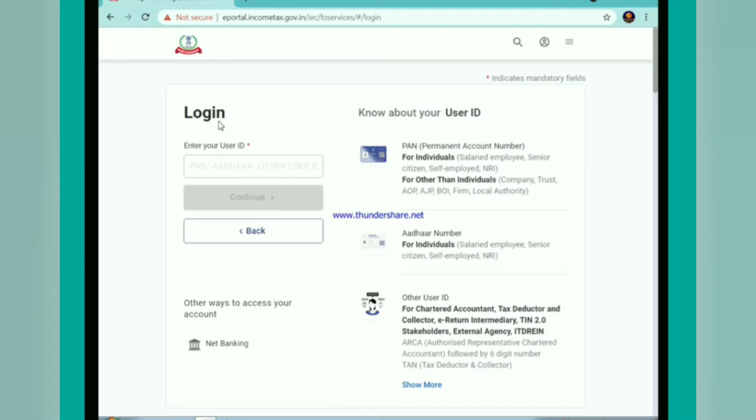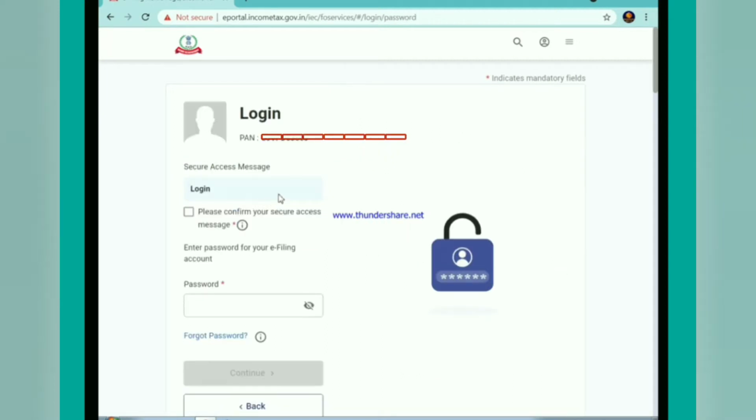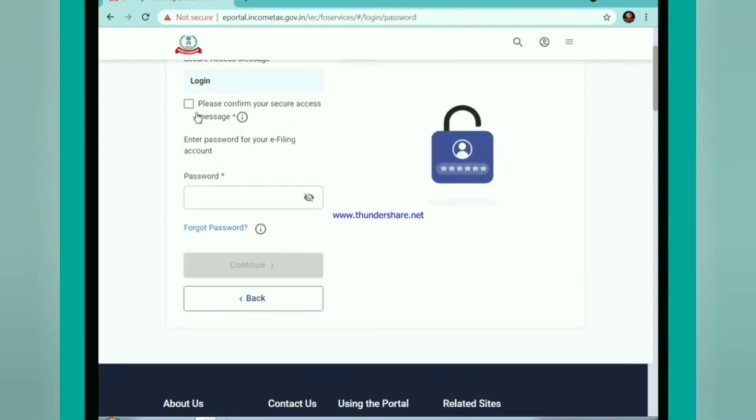Now we will input the PAN number. After we click continue, here comes the password portion. Here you have to click in this box which says please confirm your secure access message. Here we click password.